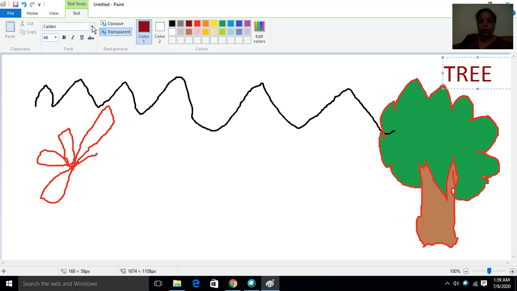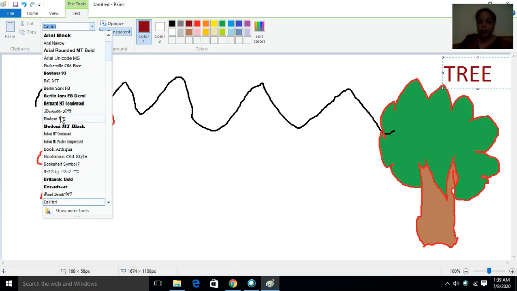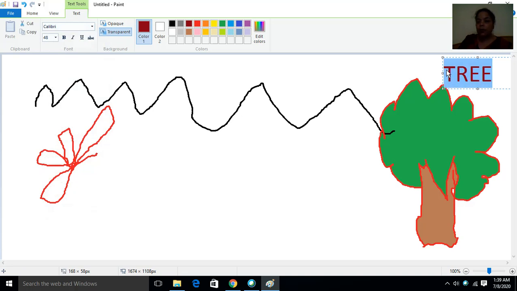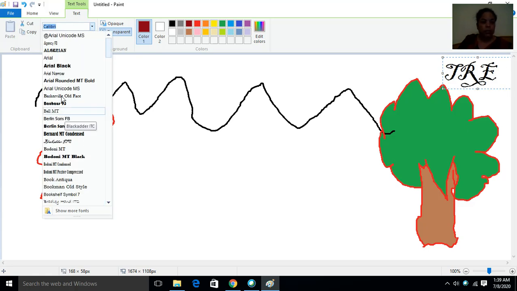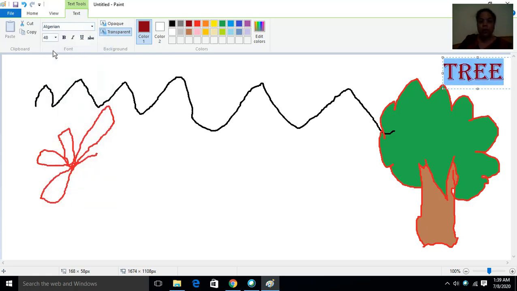So you can see this is font, so you can choose any type of writing style from here. I have to select this text and then I can click here and then I will choose any type of font. Now if you want to change the color, you can change the color also. Now if you want to increase or decrease the size, you can do so with the help of font size. If you want to make it bold,